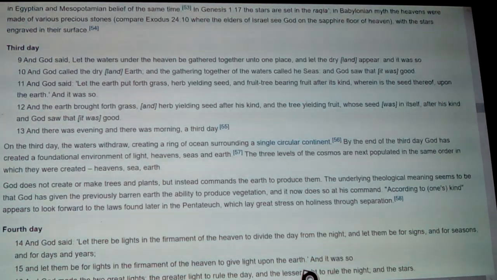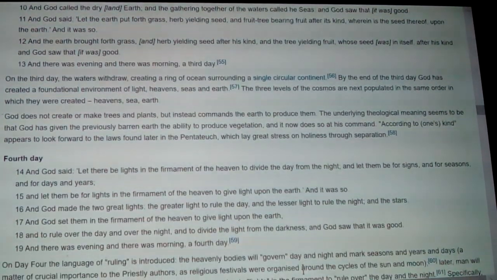Now on the third day, the waters withdrew, creating a ring of ocean surrounding the single circular continent, which is the original Babylonian picture, where there's ground, but in every direction you went, although they didn't go totally north because that turned into ice, which they called firmament. And if you went down too far south, there was ice, and up on top of mountains, so they knew that it was warmer on the earth and colder up in space, and ice and these things. Anyhow,